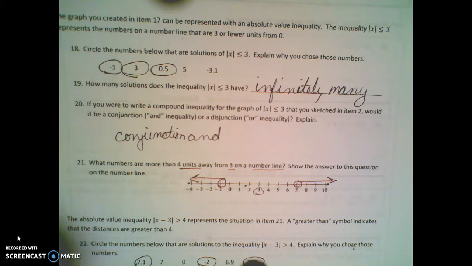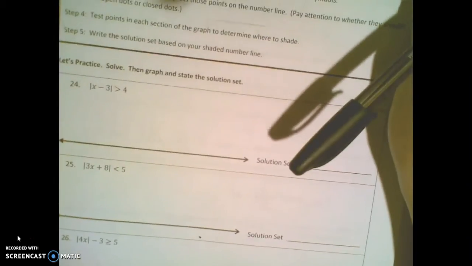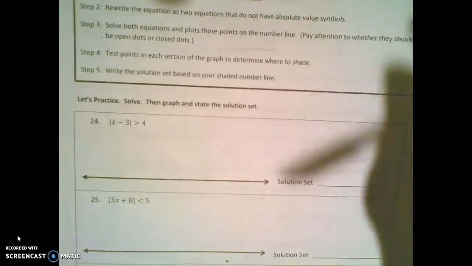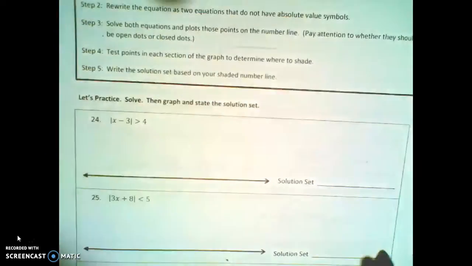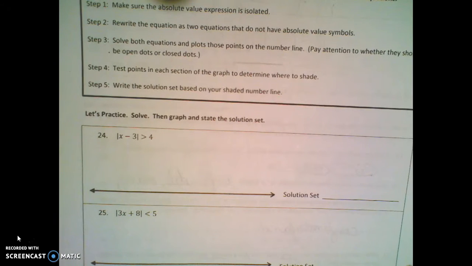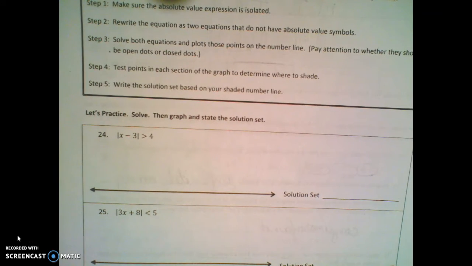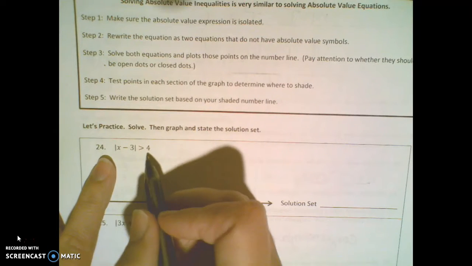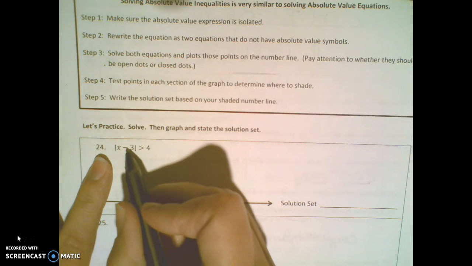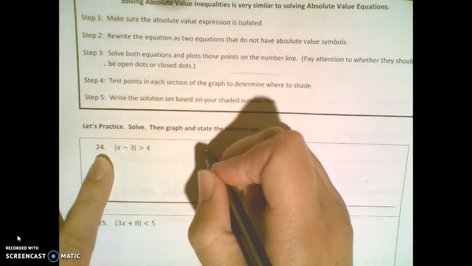And this one is a disjunction, and that is the same thing as an or inequality. Okay, so moving on, let's see how to solve these in a straightforward way. If our absolute value is not isolated, then we have to do that first, and then I'll show you the rest of it. So the first one, this stuff in here could be greater than 4,